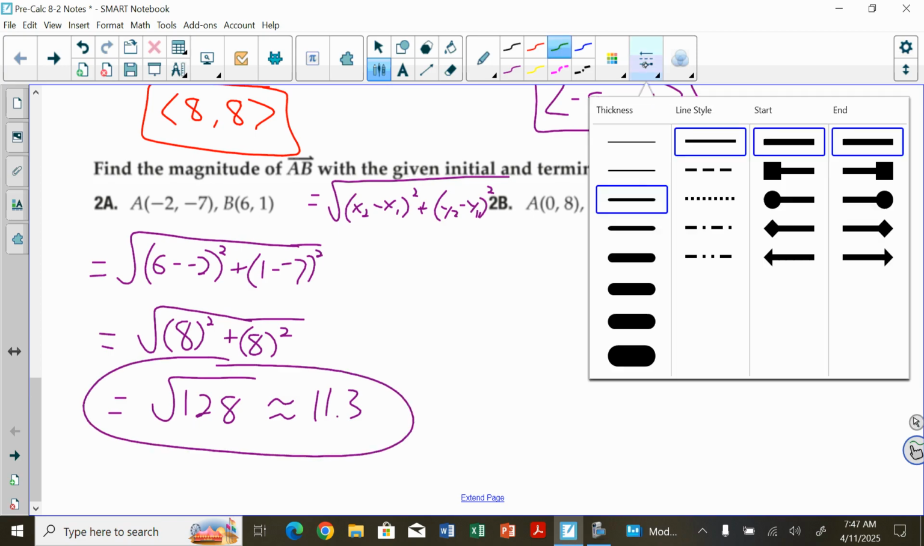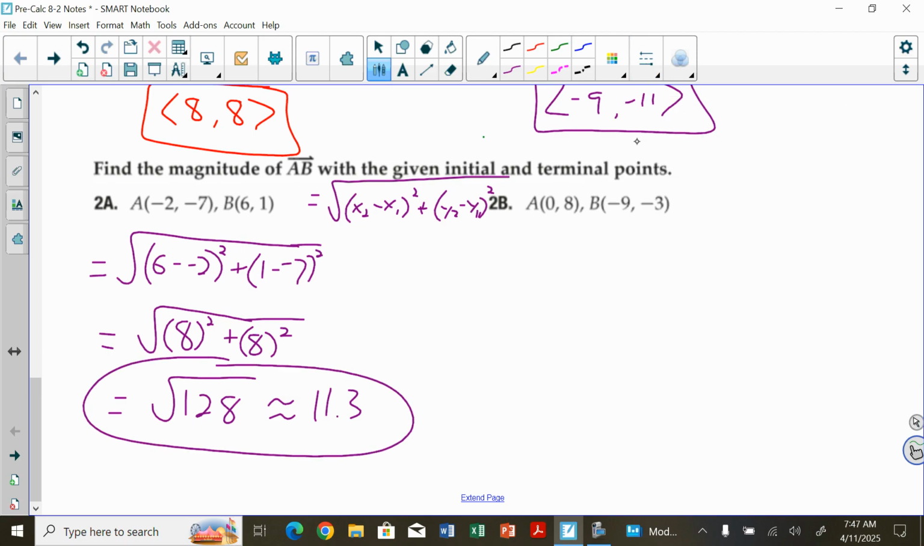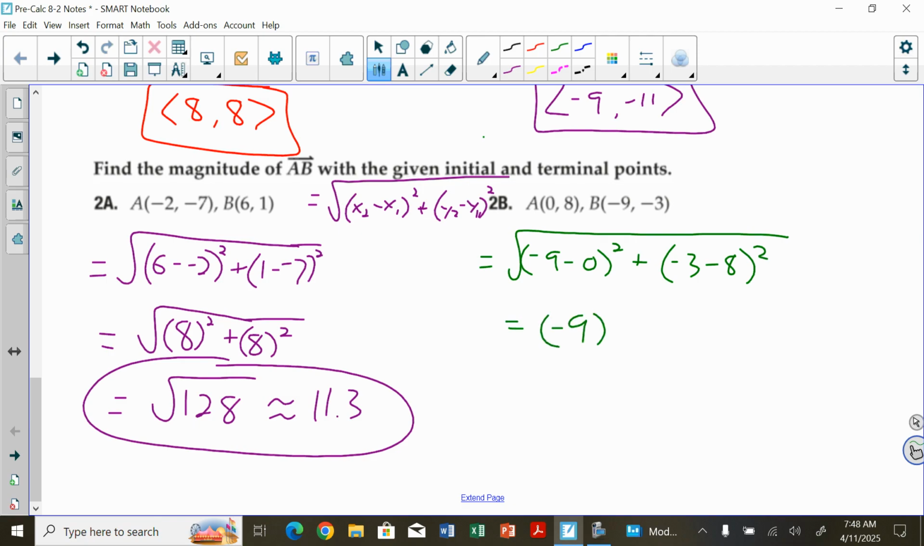All right, and let's do this one here. Okay, so I know we're using the same points from the above examples, so you can easily jump to that, but I'm just doing the work for you. So negative 9 minus 0 squared plus negative 3 minus 8 squared. So then you're going to end up with negative 9 squared